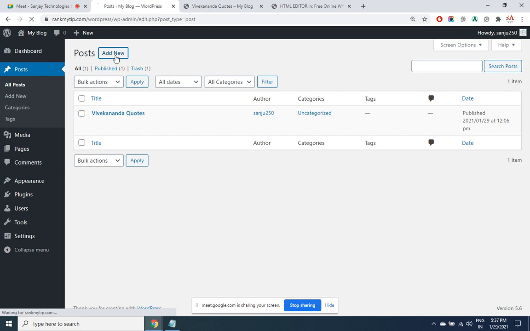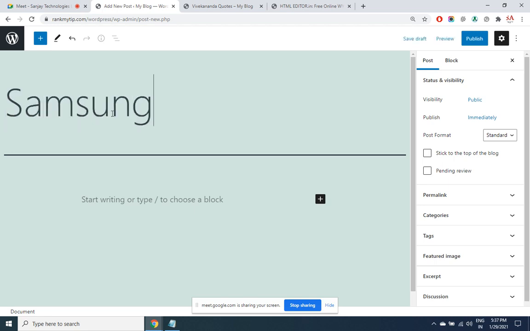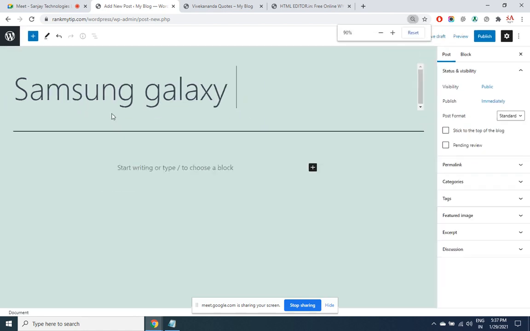I want to publish another post. Let's say post on Samsung Galaxy S14.